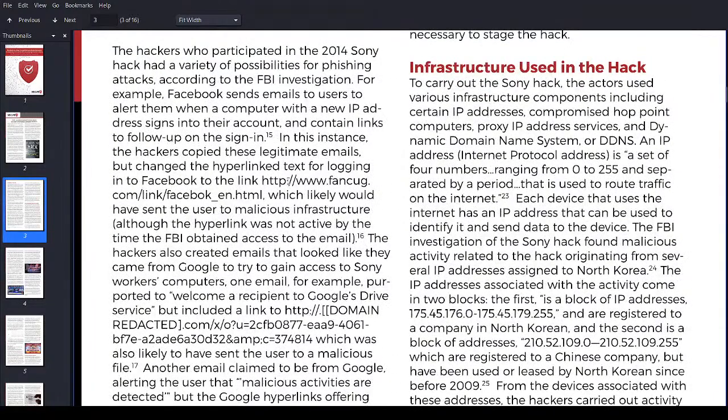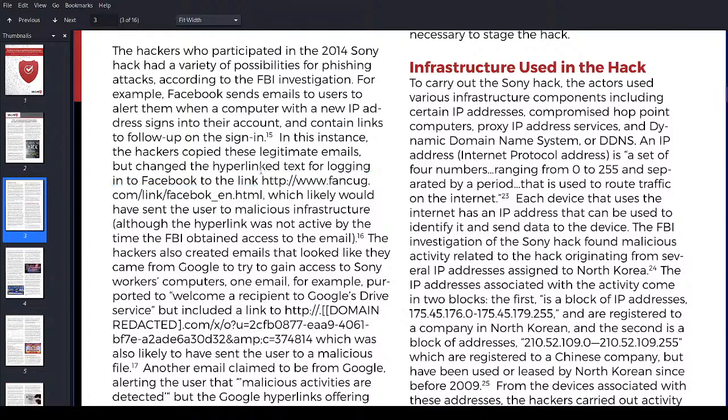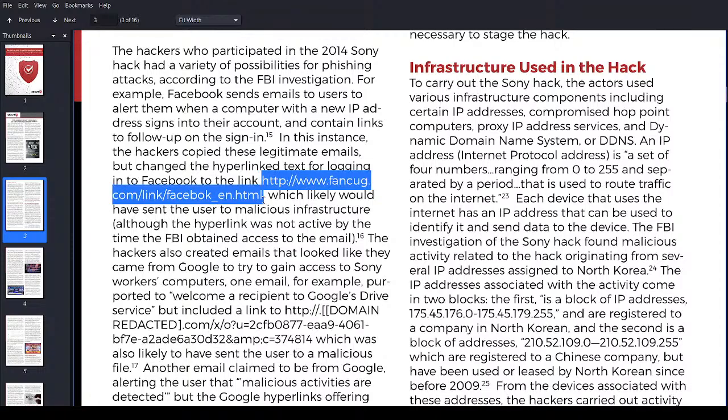So let me go up here, right? So normally what hackers do is they'll copy the original Facebook login, and obviously you've probably used Facebook, right? And it has this particular look, etc. What you can do is you can actually copy the HTML code of that site and then save it, and then you can upload it on a virtual private server, and then you can set up a domain name that kind of looks like Facebook, but it's not Facebook.